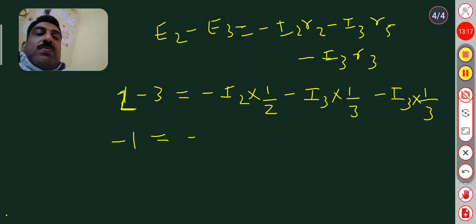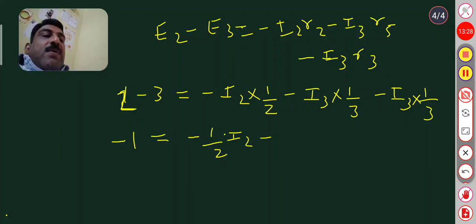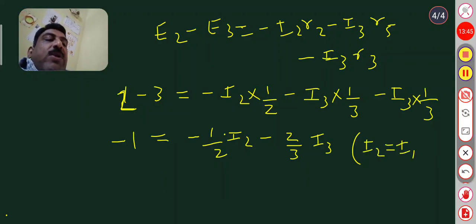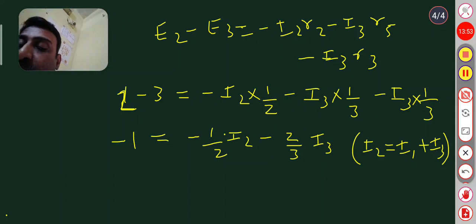is equal to minus 1 by 2 into I2, minus 1 by 3 into I3, so I can write this as minus 2 by 3 into I3. And I2 I can write as I1 plus I3. So when you substitute these values of I1 and I3 here and solve this, you will get